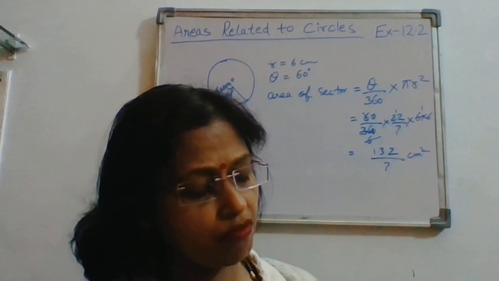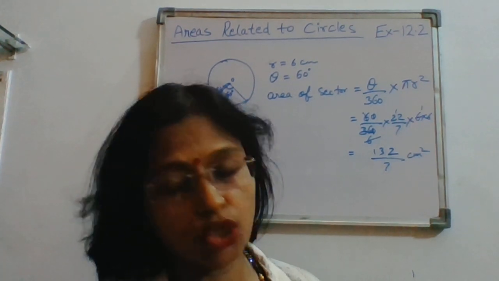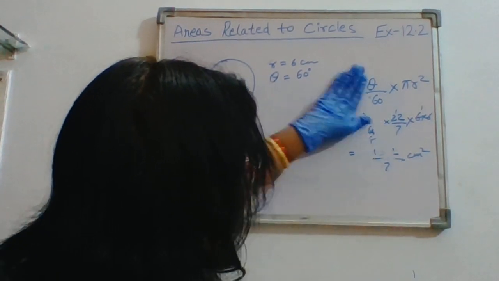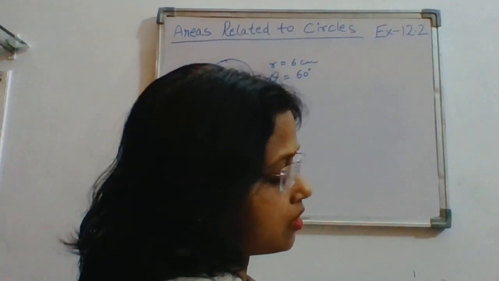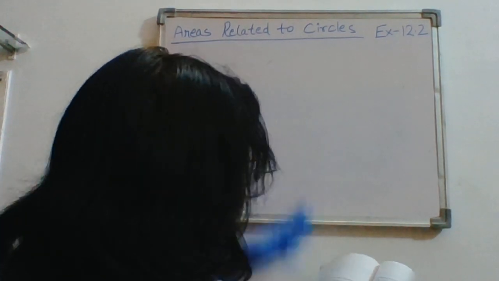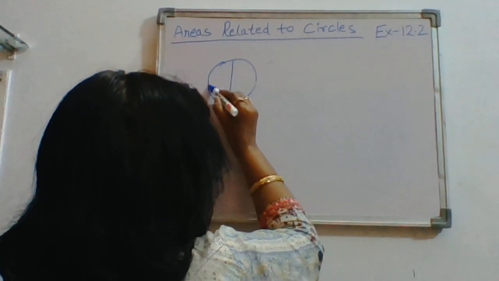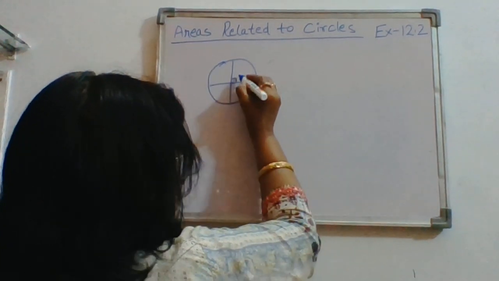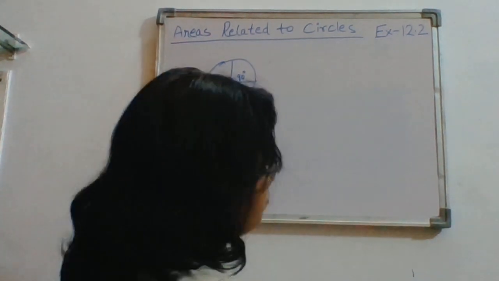In the second question, find the area of a quadrant of a circle whose circumference is 22 centimeter. Now this time we have to find the area of a quadrant of a circle whose circumference is 22 centimeter. You know what a quadrant is? Quadrant is 1/4 of the circle. That means the central angle will be 90 degree. Right? And circumference is given as